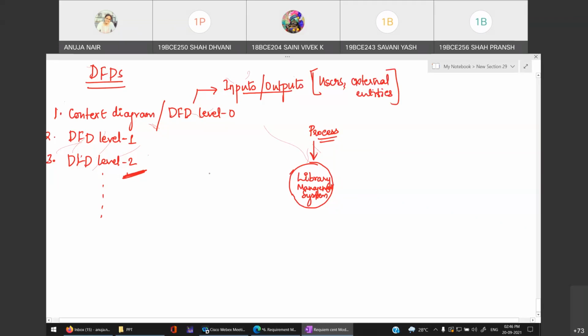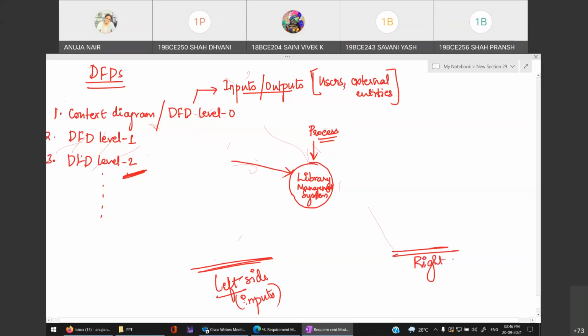Okay, so what I will do, this side, which is the left side would always be the inputs. Left side would always be the inputs, and my right side will always be the outputs. Okay, right side will always be the outputs.